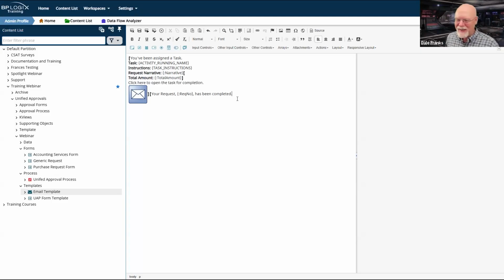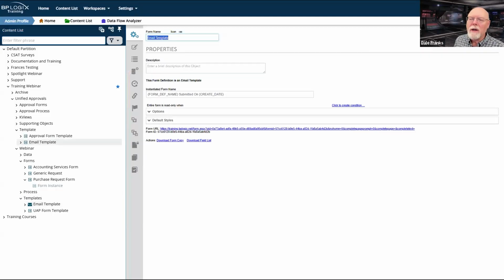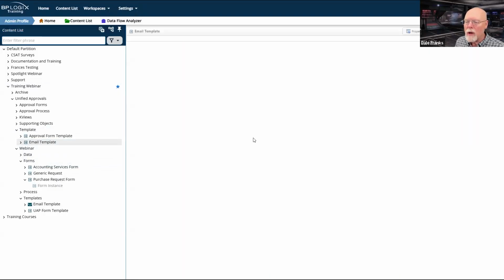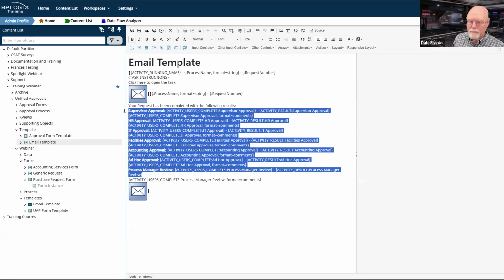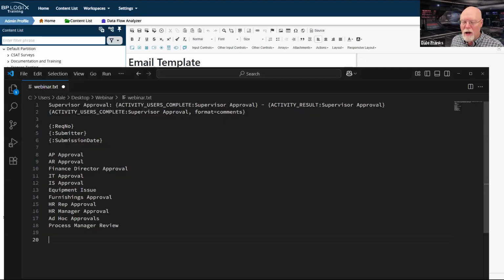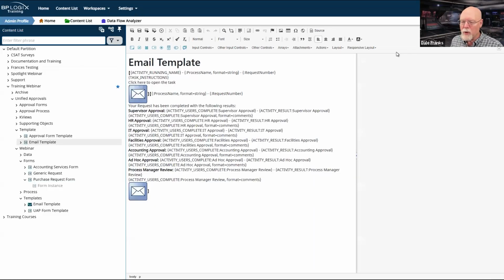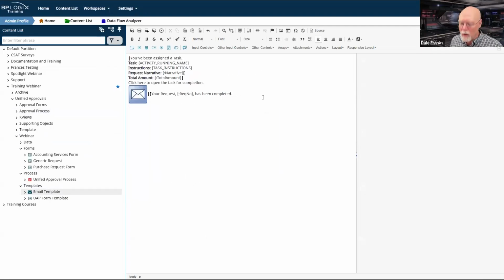We should be golden. So what I want to do, as I did on my original email template that we looked at all the way back in week 1, is keep them updated on all of these activities. So I do need to tell them who has done what. Because this is going to run for every activity, I'm just going to copy this supervisor approval activity. I did indeed call it supervisor approval. So we'll go back to the one that we're editing here, and we'll go with supervisor approval.